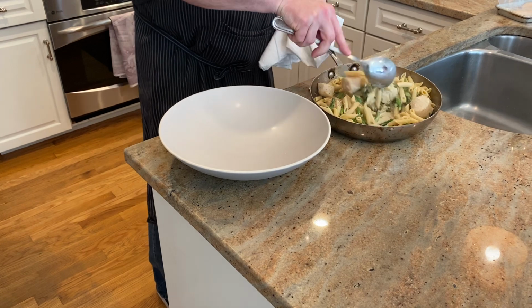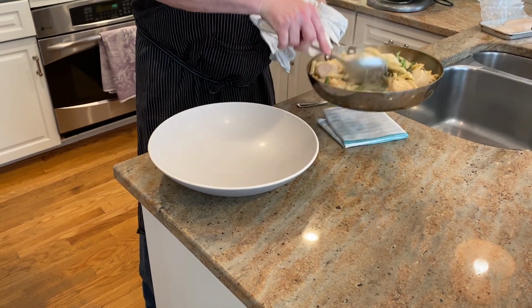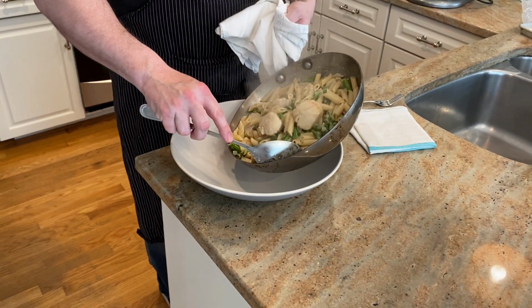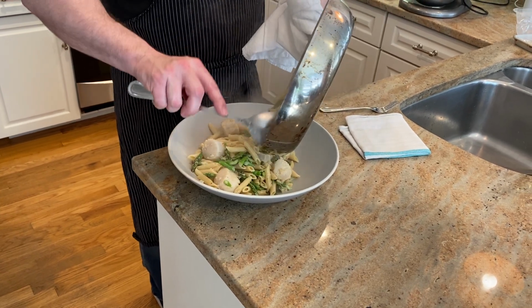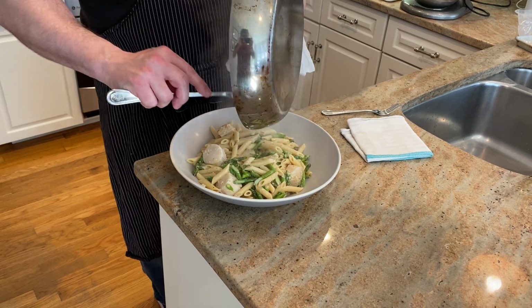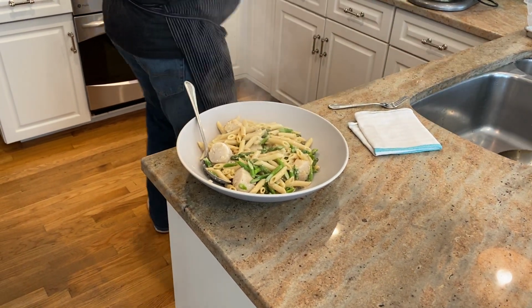Oh, look at that, just beautiful. Everything's coated, that's really what we want. Everything's hot, everything's coated. Those scallops are cooked. Oh my gosh. Look at that. And the kind of finishing touch